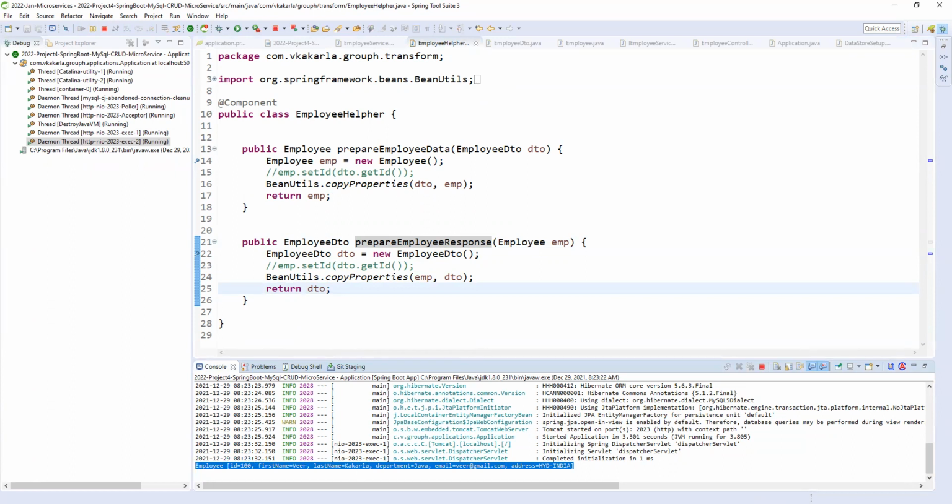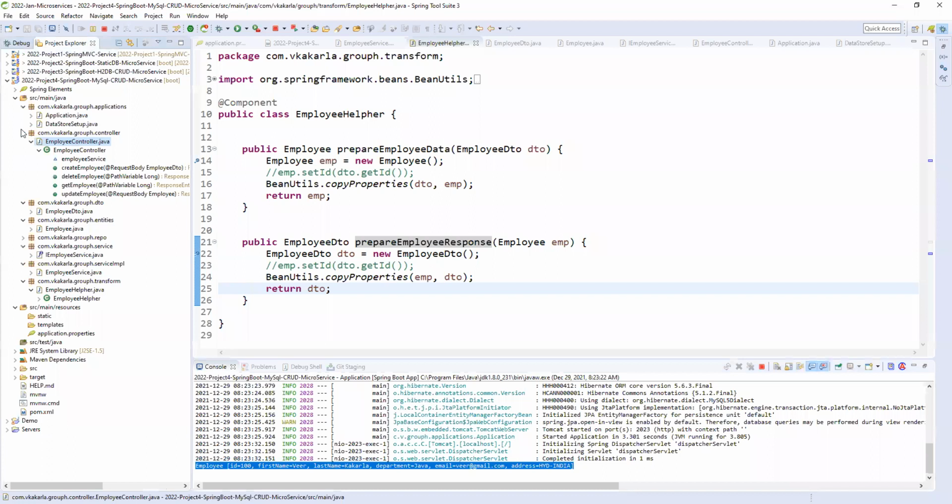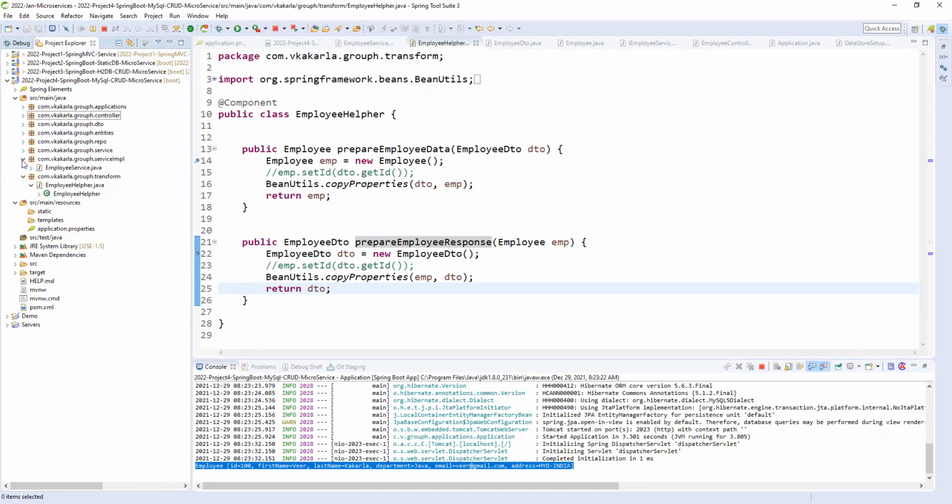Employee DTO values are printed here, but we added an employee entity as a response here in our controller. So that is the reason the employee entity is coming here. So both the values are there, right? Likewise, we can use the transformer class, transformer method, or utility method, or utility package. So basically we can call it a transform package, where we can have employee transformer, different transformation classes or different helper classes. We can call them helper classes or transformer classes, where we can copy the output response to the response DTO or the input request to the employee entity. Like that we can do things.